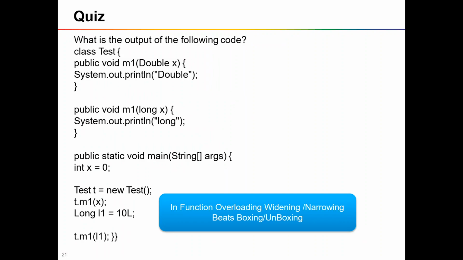So here we have two methods, m1. So this is method overloading. m1 takes double as an argument type, and m1 takes long as an argument type, and we have a main method with int x equal to 0. In Test, we are creating an object for the test, and we are invoking m1 of x, right? So m1 of x in the sense,